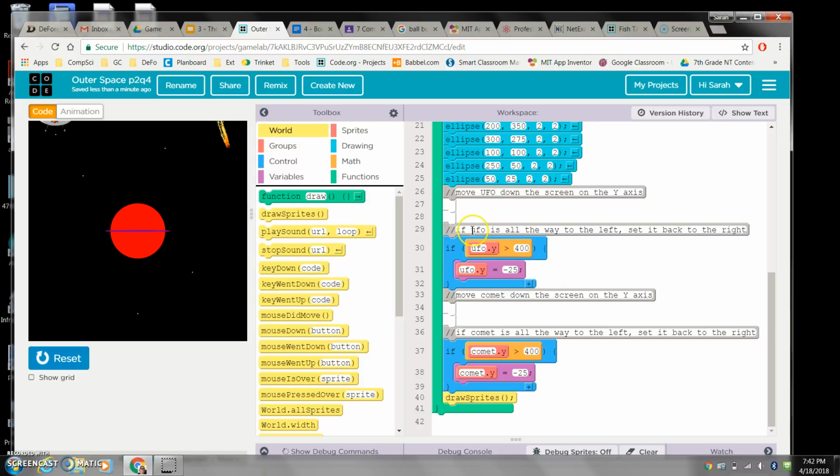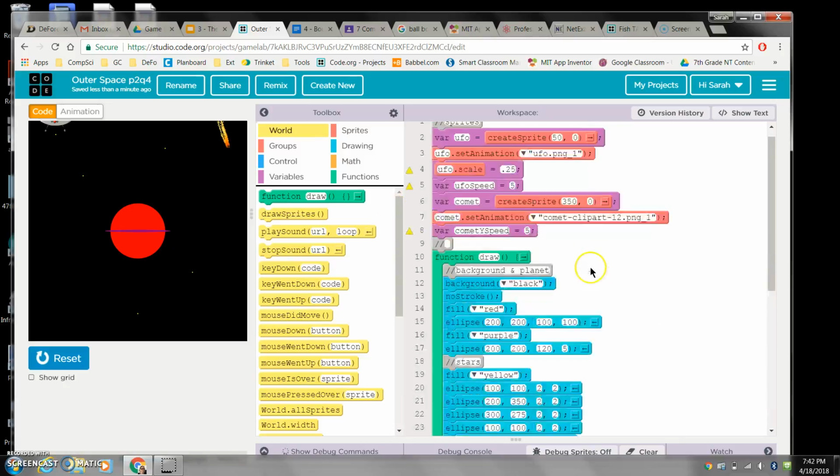However, what we're going to do is try to move these down the screen. So to be able to move them from top to bottom, the top of the screen, and you can, if you look down here where my mouse is right now, you'll see that if I'm moving down the screen, my Y is getting bigger. So if I want to move the UFO,